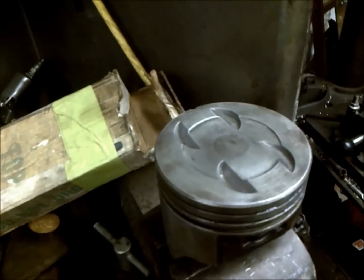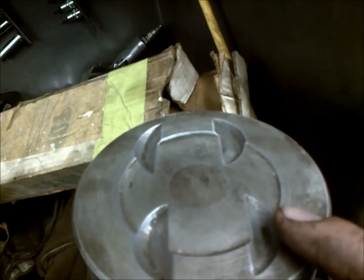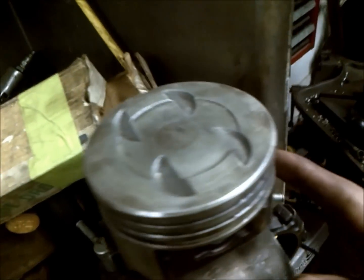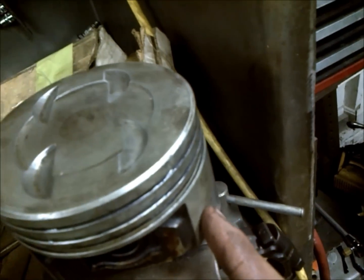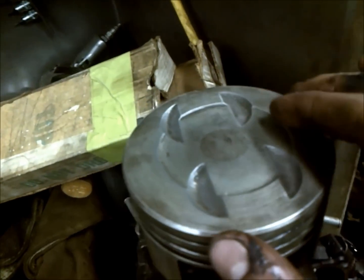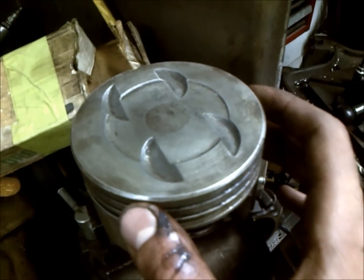Okay, so kind of an overview of the pistons I'm re-ringing. Obviously you can't re-ring pistons that are real scored up, and likewise the bore will be all scored up and you'll never be able to hone it back to within spec. But with these pistons and these cylinders, they were pretty good, so they honed up, so these are perfect candidates